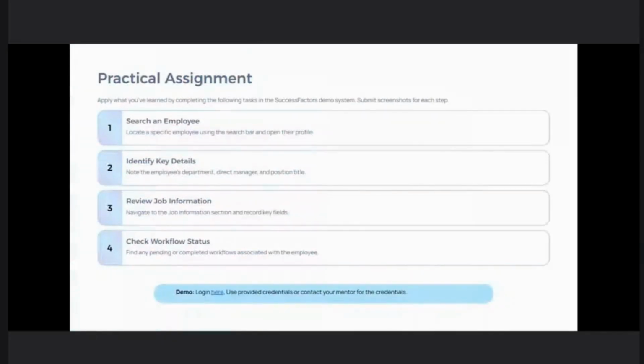Now, let's go back to the environment. This is a practical assignment that each one of you has to do. Now you understand what SuccessFactors is, how it looks, how to navigate through the information, and how to take any action. Based on that, your objective is to search for an employee, review his profile information, and understand the organization relationship. What is the reporting structure of that person, how does it look, what is the chart for that?